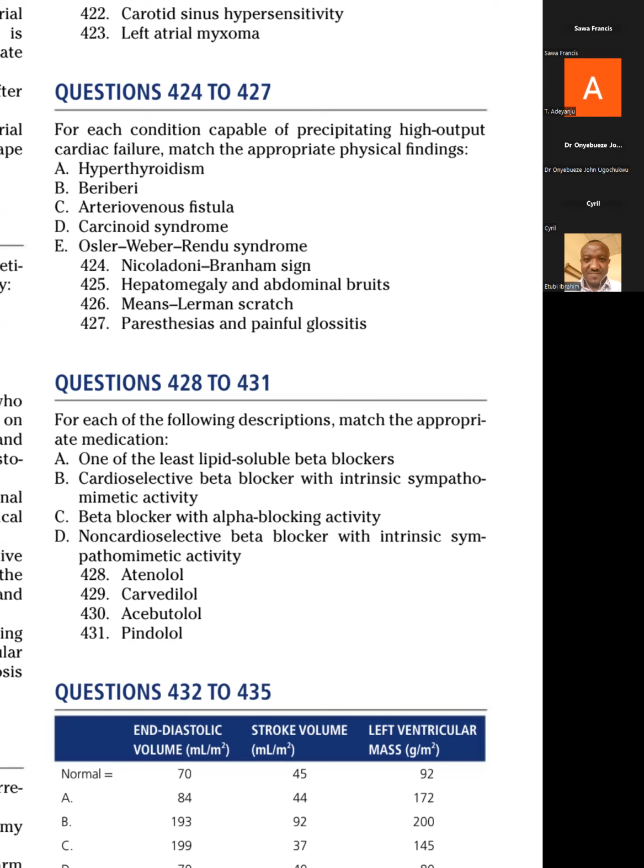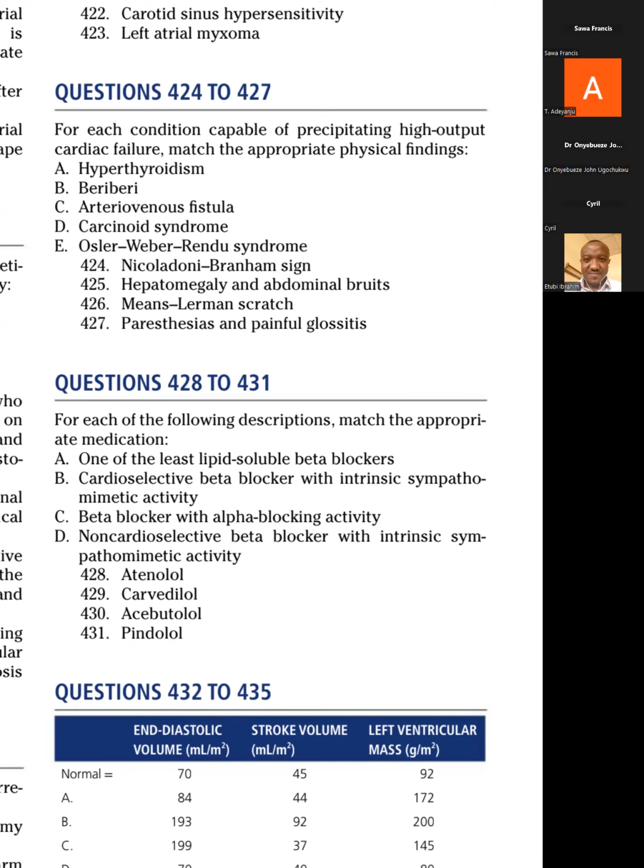It's also described that there is a scratching sign that usually occurs with this murmur. It's thought that this is caused by the rubbing together of the normal pleural and the normal pericardial surfaces coming together at that particular period of systole to give that scratching sign. That scratching sign is named the Means-Lerman scratch. So this is the correct answer here, A, which is